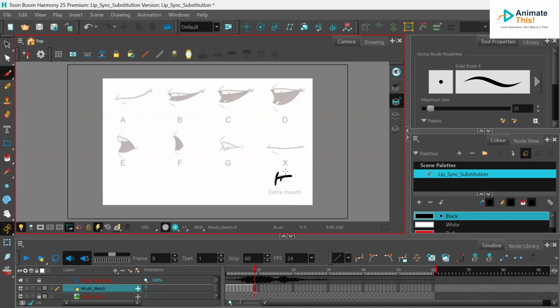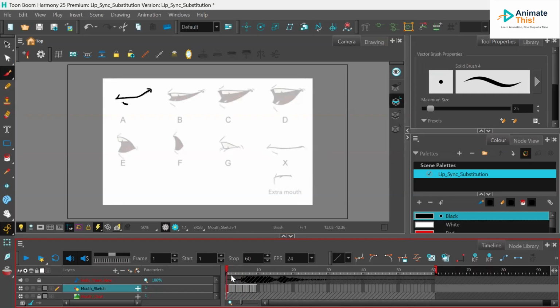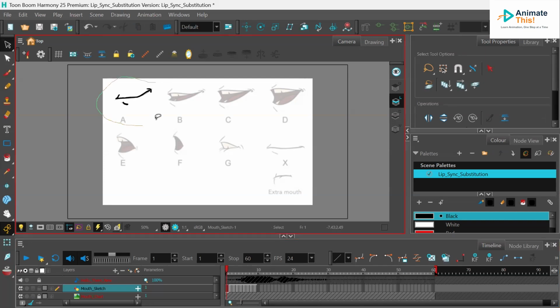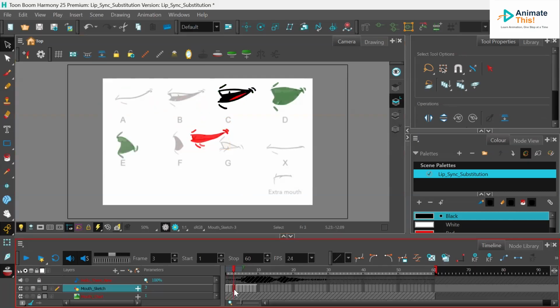All right, so I've got all of my pieces here. So what I'm going to do next, I'm going to actually take frame one. I'm going to grab my arrow tool, my selection, select everything by holding and dragging a circle around it. I'm going to move it to the center. Do the next one, select it. I'm going to turn on my onion skin over here. I'm going to move it close to the same spot. Go to the next one,